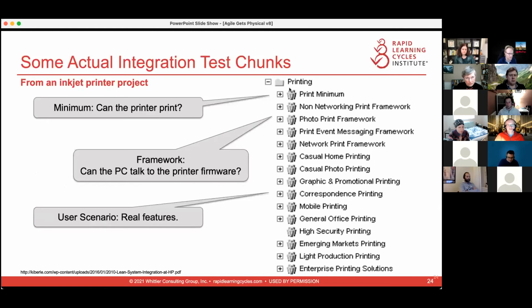And this is from the original paper, the chunks that were being used at that time. And it starts out with the minimum chunk. So the minimum printer chunk was a test of the printer all by its lonesome little self, plugged into the wall, so it's got electricity, press some buttons on the front and get a test page. So definitely not something anybody would buy. Why would you want a printer that can't do anything but print a test page? But from a system development point of view, being able to print a page was a very significant milestone,